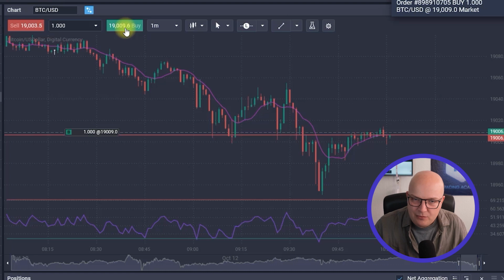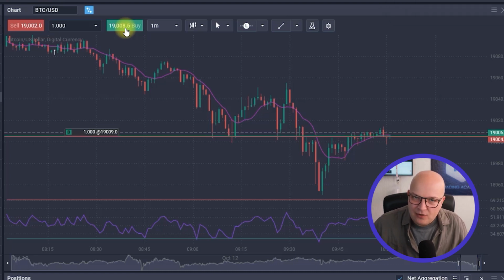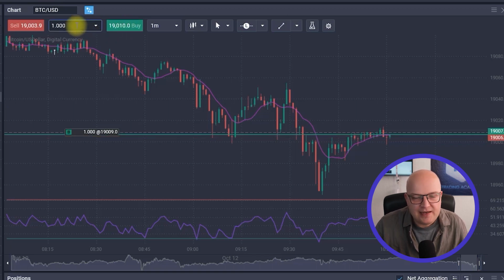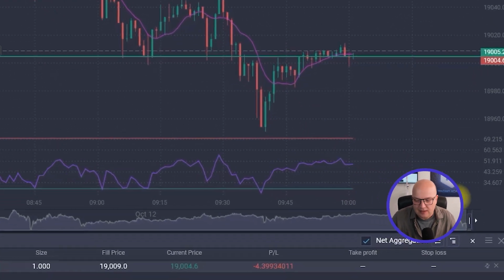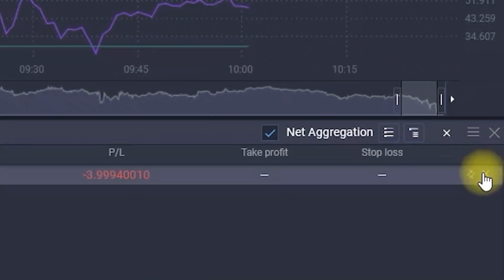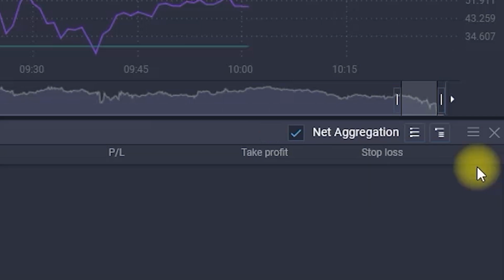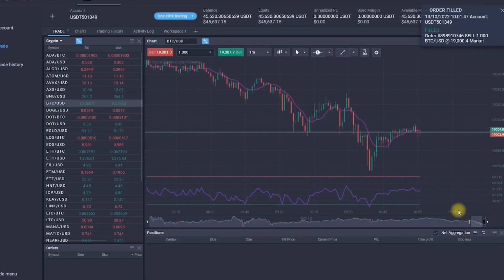So I want to be very careful with this. It allows me to execute orders in a much faster fashion. However, I have to be really sure that I've selected the right amount I want to trade and that I only click once here, because if I do multiple clicks on this button, my orders are going to get executed multiple times as well. Same goes here for the closing. So now I just need to click on the X here, and with just one click, my order is closed again.